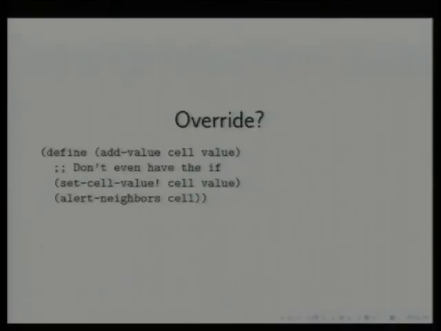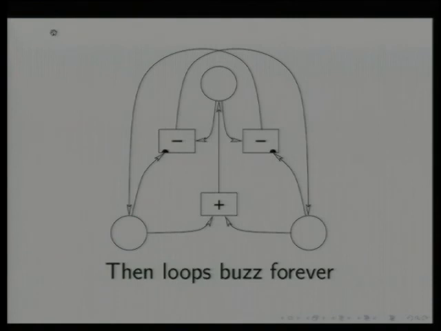We could always override. Whenever there's a new value, it clobbers the old value. We forget about the old value and go on with life. Well, that's not a good idea either. We tried this, but you get a 1 there, you get a 2 there, so then the plus can produce the 3. Wonderful. 3 got added, so now, whoops, say that minus over there can produce the 2, so it overwrites the old 2 and wakes up the neighbors, and so that minus can produce a 1 over there, which overwrites, and, well,